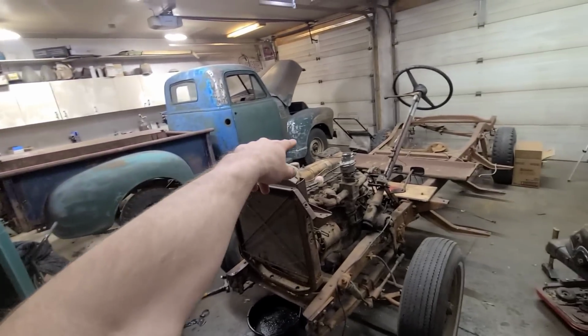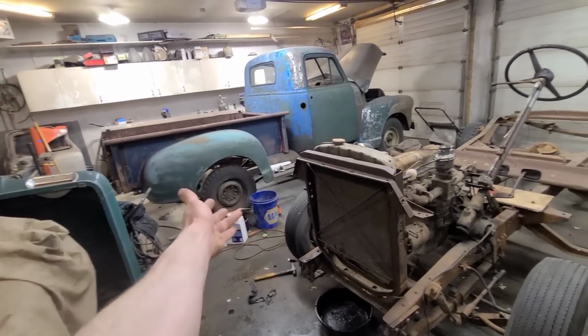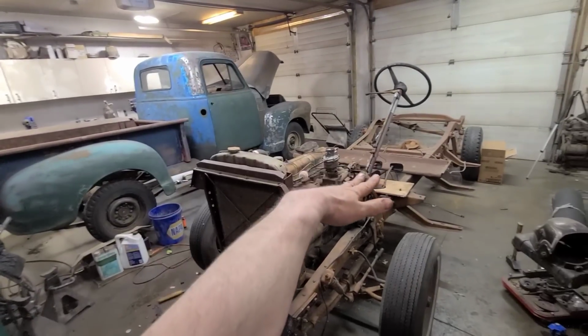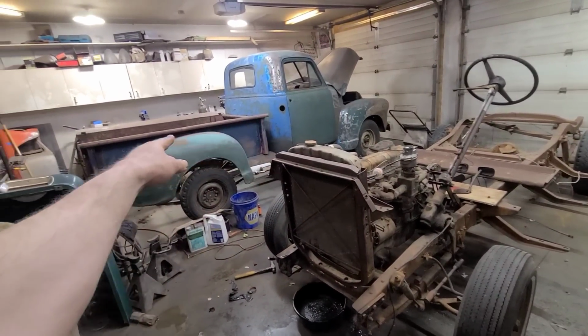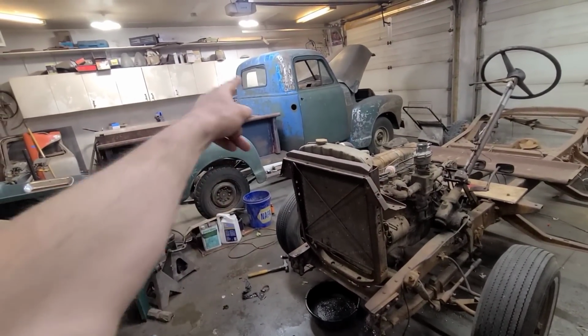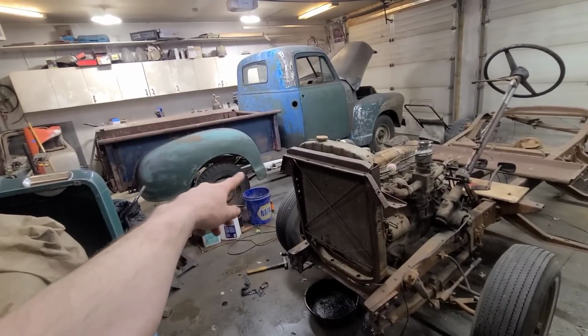I needed a 1/2 ton frame for that project, so I've decided to use the one from this truck, and then we'll just put this body onto this frame and get it running and driving, and then move this truck along. I still need a cab and front fenders